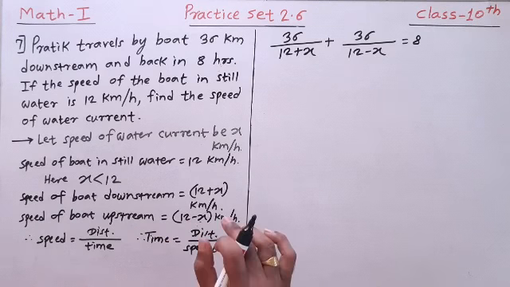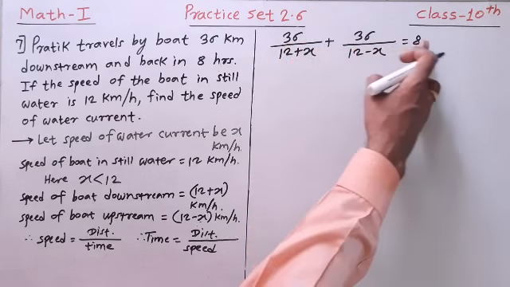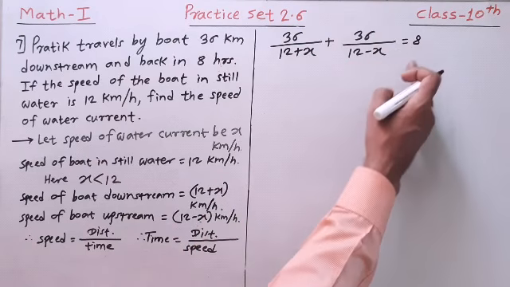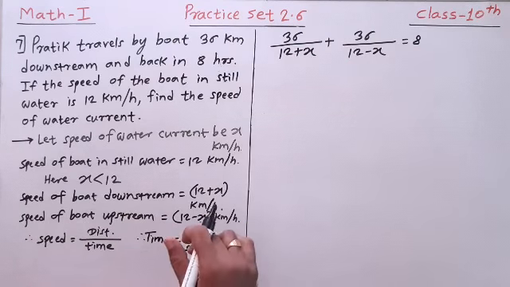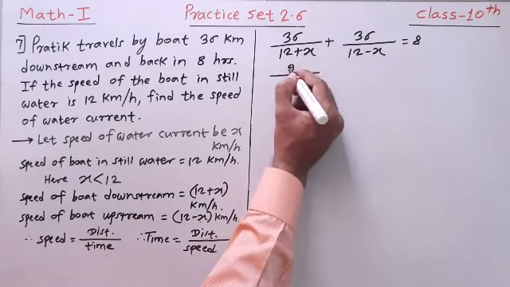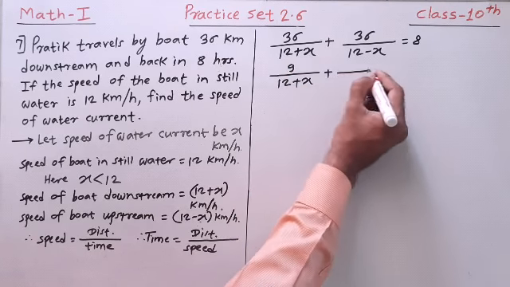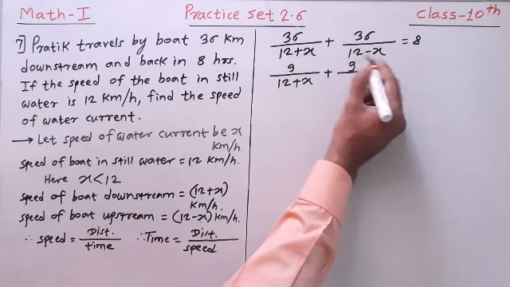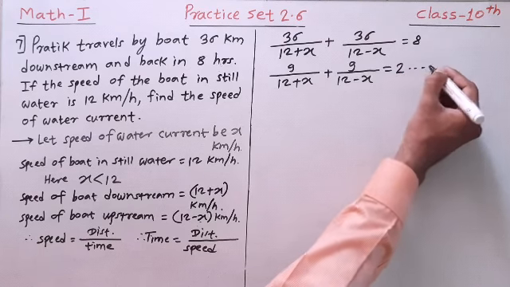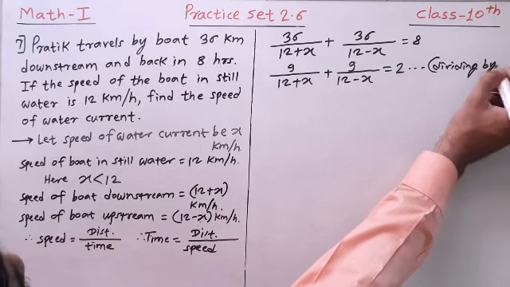Now this is the equation. This is what we have to solve. If we look at the equation, the whole equation can be divisible by 4. You can see there 36 is divisible by 4, 36 is divisible by 4, and 8 is also divisible by 4. So let us divide it by 4. 4 9s are 36, numerator 9, denominator will be as it is 12 plus x, plus again 4 9s are 36, denominator as it is 12 minus x, here 4 2s are 8. You can write here dividing by 4.